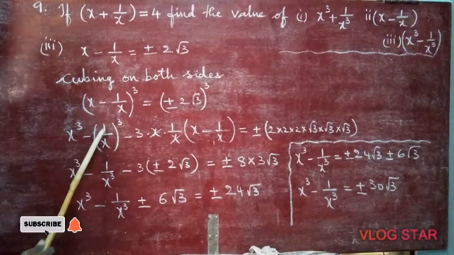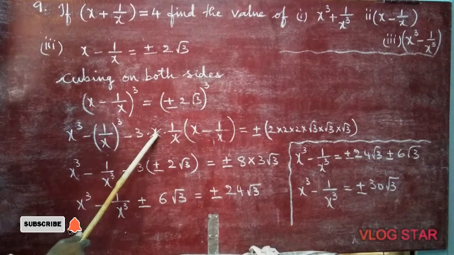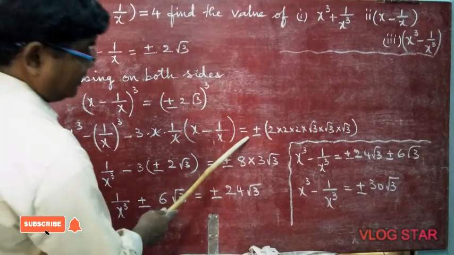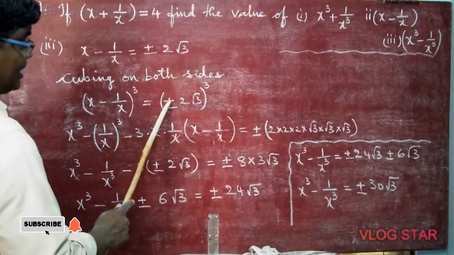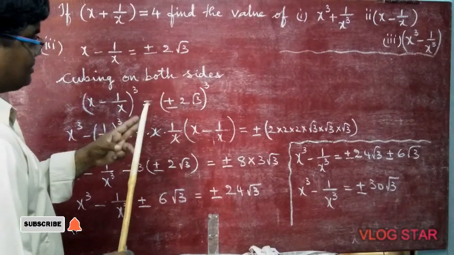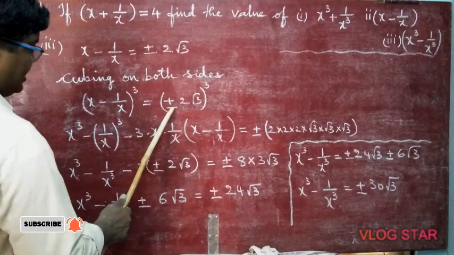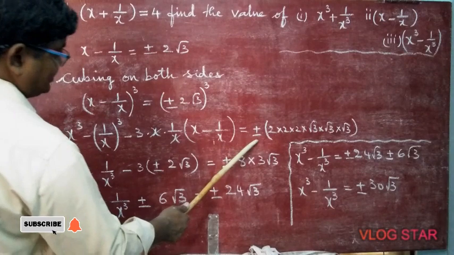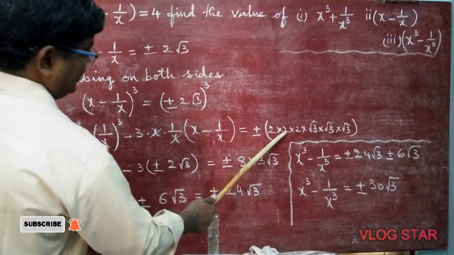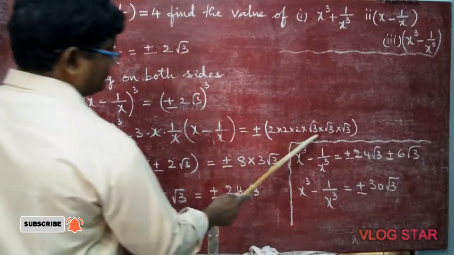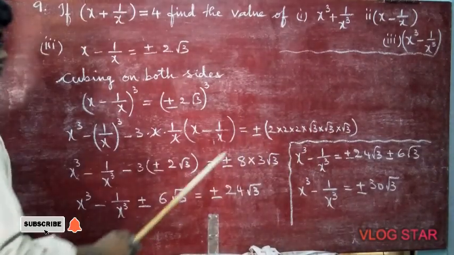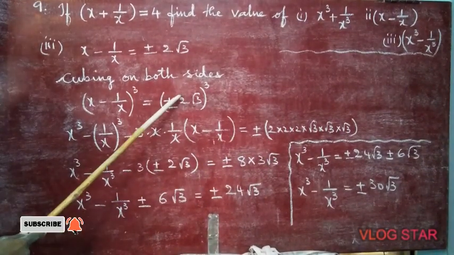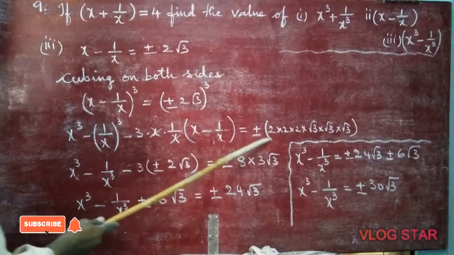So x cube minus (1/x) whole cube minus 3 into x into 1/x into (x minus 1/x) is equal to, here you have to be very, very careful, plus or minus. Take plus 3 times: plus into plus is plus, plus, and however many times you multiply, plus is also plus. Coming to minus: minus into minus is plus, plus into minus is minus, so plus or minus. And 2 you have to write 3 times: 2 into 2 into 2. Root 3 also 3 times: root 3 into root 3 into root 3. Be careful, again and again I won't explain. See the expansion of (plus or minus 2 root 3) whole cube. This much meaning is there.